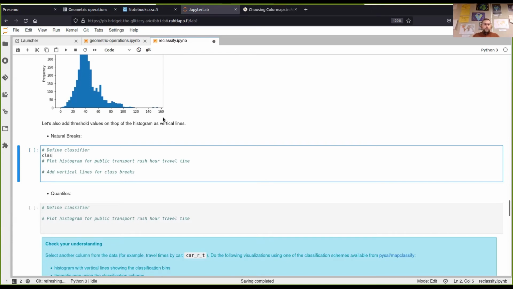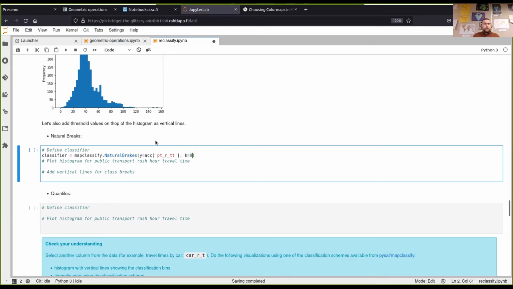So we define a classifier using the mapclassify library, using the natural breaks classification scheme, and again using our y keyword, passing our accessibility data frame's public transport column, and using 9 bins or breakpoints